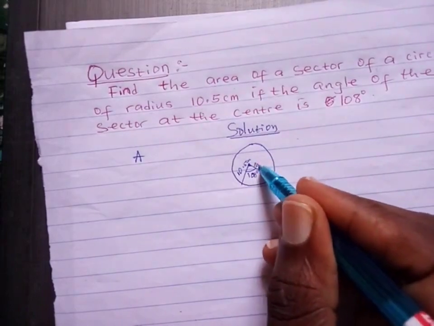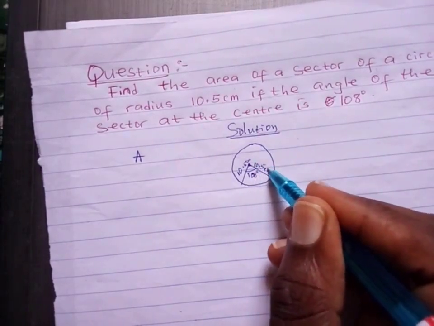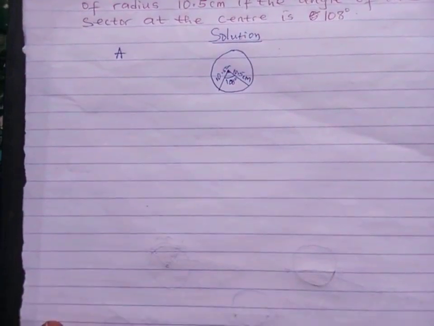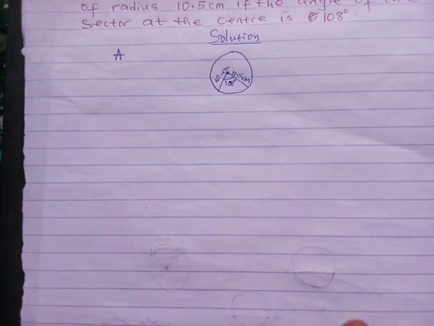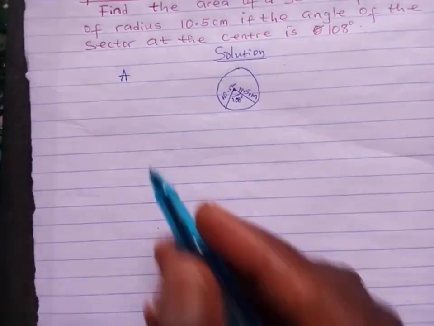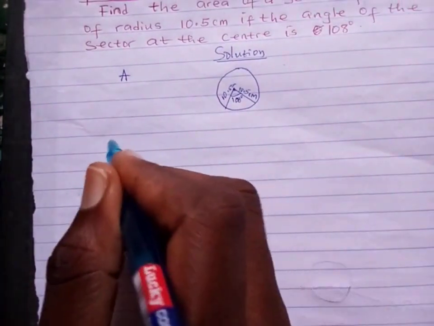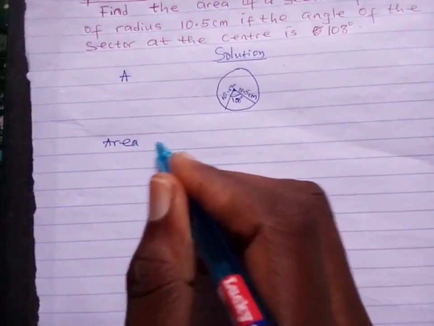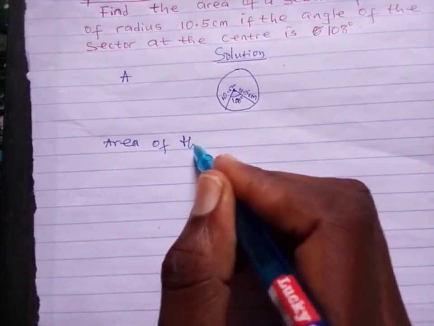This is 10.5 centimeter. So the radius is known and the angle is also known. Therefore, we can calculate that the area of the sector